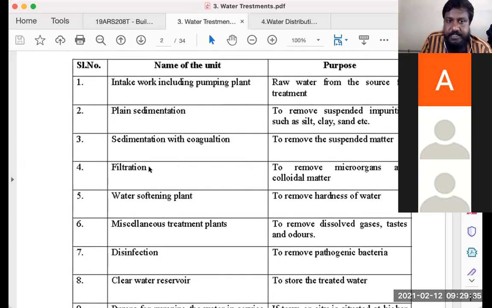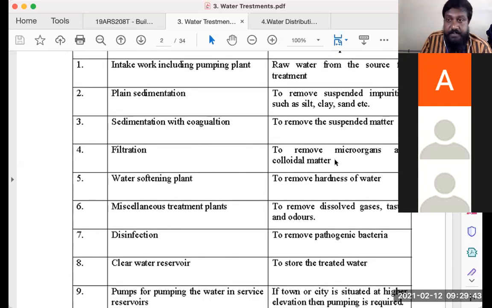Next is filtration, the next process. The filtration is to remove the microorganisms and colloidal matter. The colloidal matter is what's combined and formed. After the filtration, because the water is taken from the ground or from the surface level, the mineral content in the water would make it either hard or soft. Normally hard water is not preferred because hard water means it has a lot of salt content in it. If you use a lot of water with salt content, it brings in scaling.